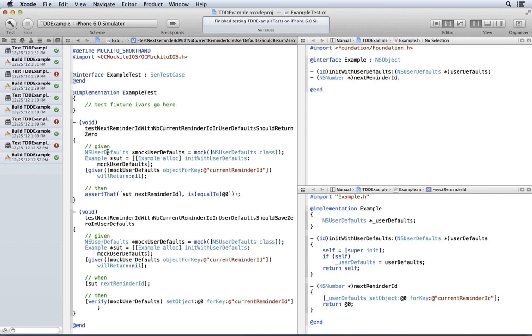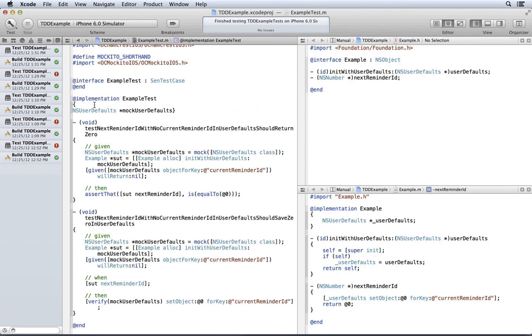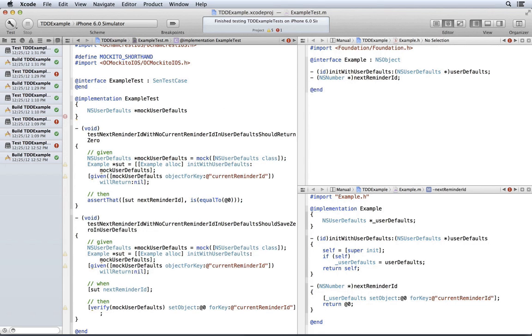So let's go like this. Let's copy this up to here. It's going to give me some warnings, so I clean that up like that. And here's another one.